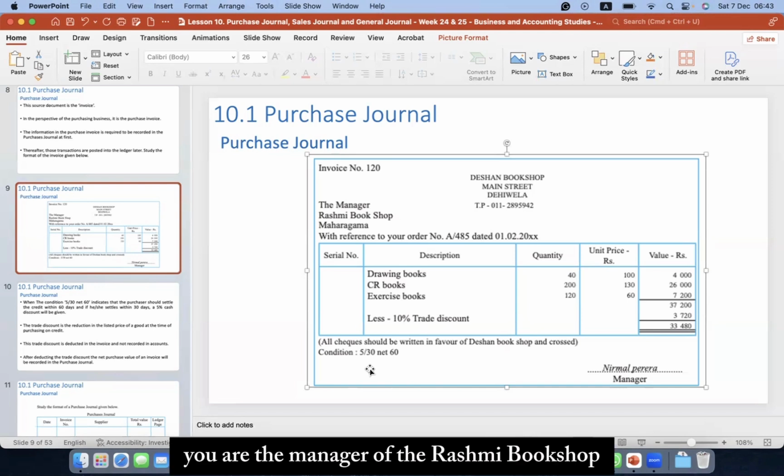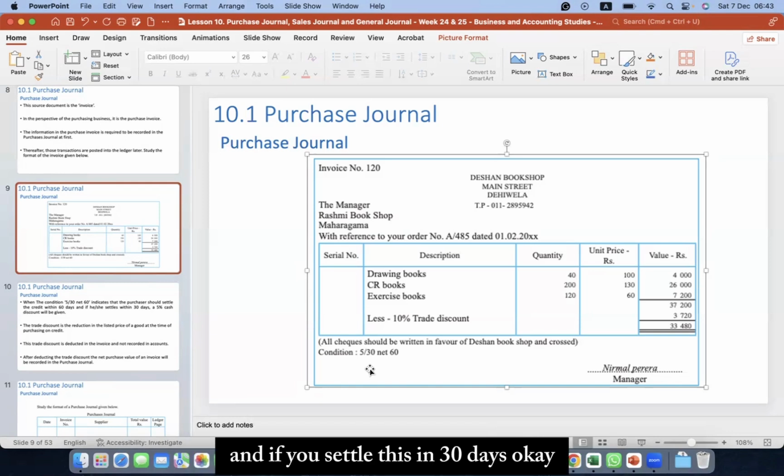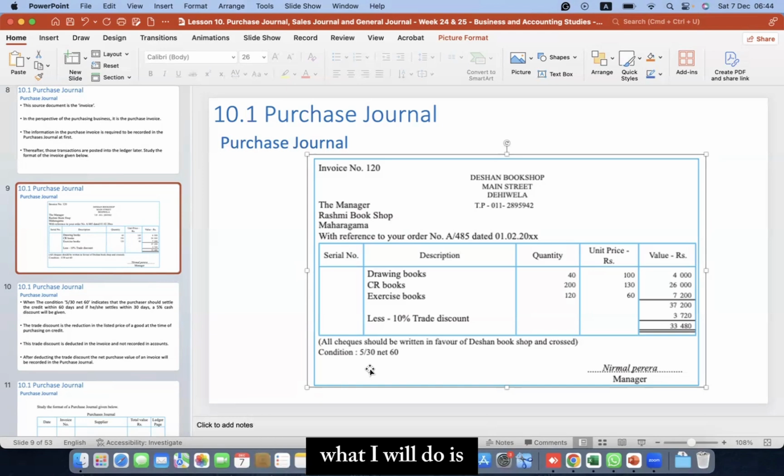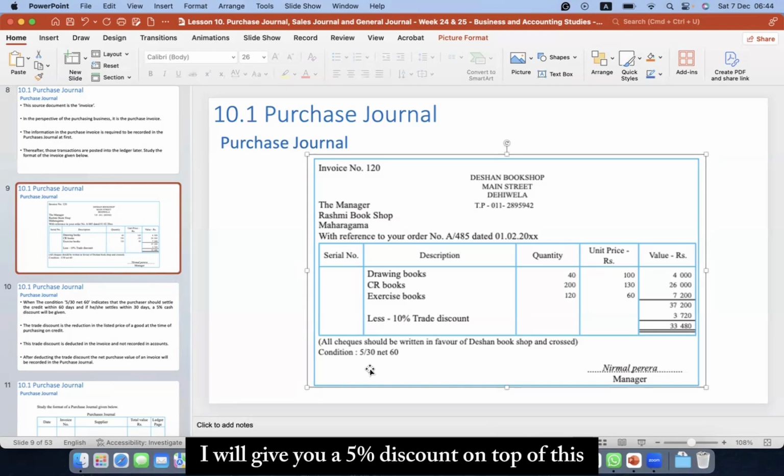You are the manager of the Rashmi Bookshop. And what is important is I am saying, okay, I am selling this. I am Deshan Bookshop. I am selling this. And Rashmi Bookshop, you should pay me this 33,480 in 60 days. Okay. And if you settle this in 30 days, okay, you have 60 days to settle. If you settle this in 30 days, what I will do is I will give you a 5% discount on